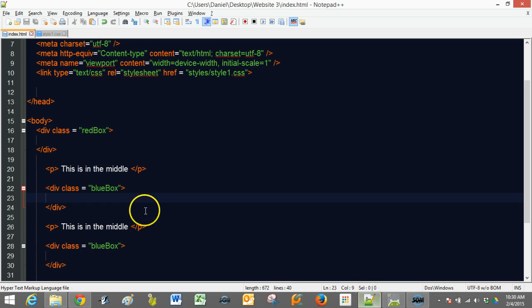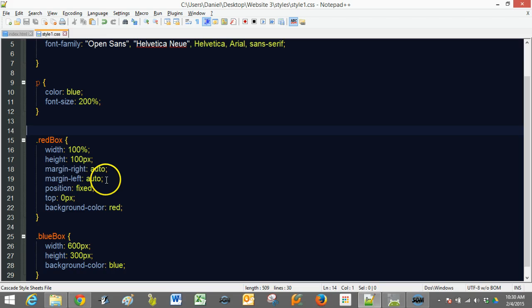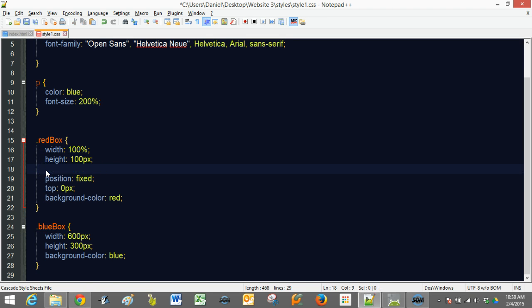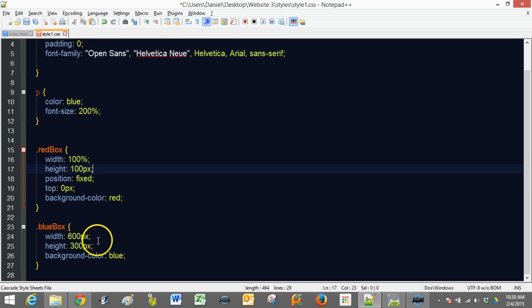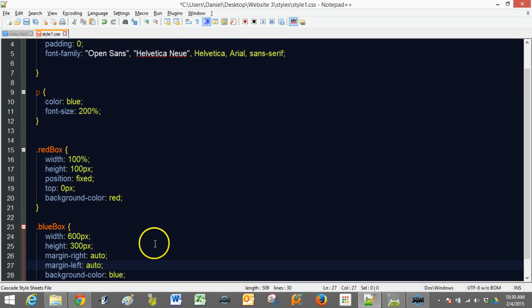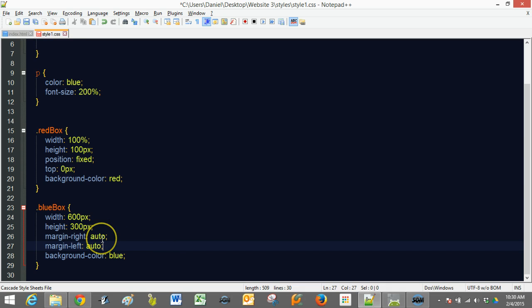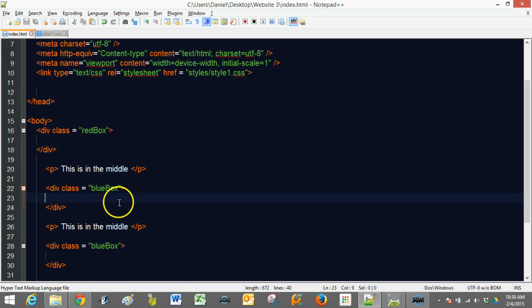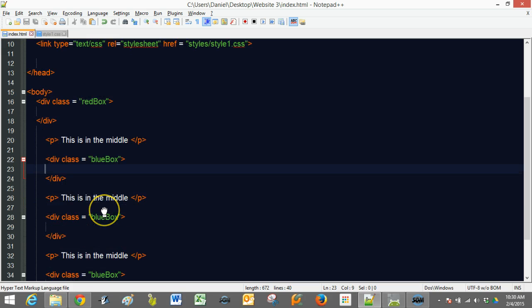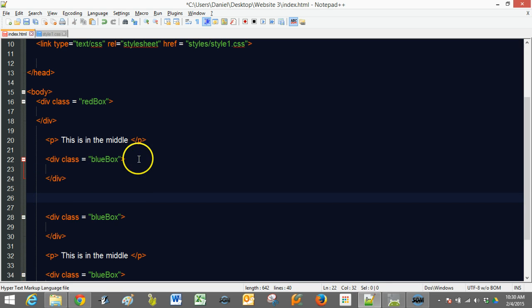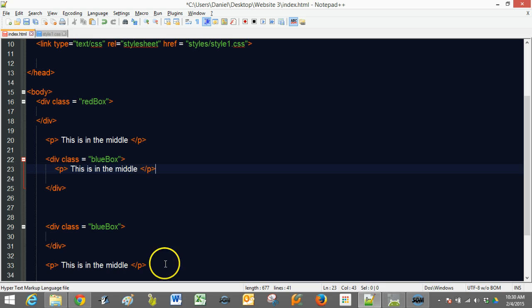So let's go back to Notepad++. Since these are already in a class called BlueBox, we can take these values. So we're making the width 100% here. We don't really need this here. So if we cut that out and we put it in here, these should hopefully look centered. And then let's go back. Let's save that. Let's go back in here, and what I'm going to do is we're going to take our paragraph and we're going to put it inside the blue box. Alright, and we'll see